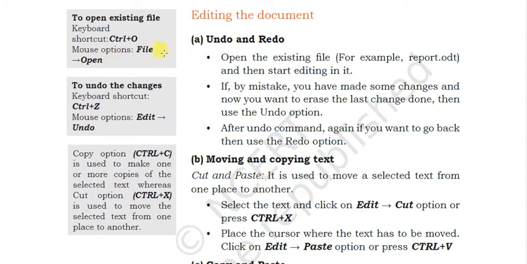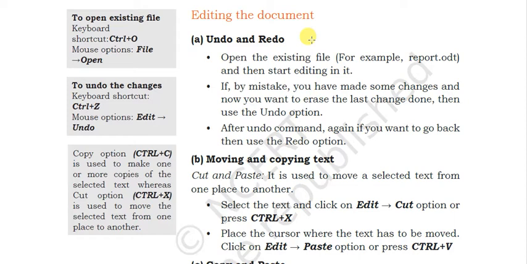Okay. Now the first option in editing a document is to undo and redo. If you are familiar with Microsoft Word, then you must have tried these options there. So if you have committed any mistake and you want to revert it back to the original one, then you should do undo. And redo means again go to the previous state. That means undo will go backwards and redo will go forward one stage.